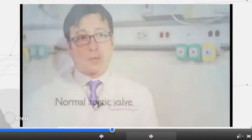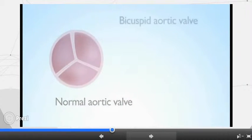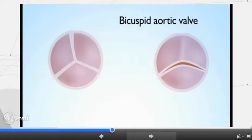A bicuspid aortic valve has two flaps instead of three. So typically a patient would be born with a tricuspid valve, meaning they have three flaps that make up their aortic valve. If you're born with a bicuspid aortic valve, it can tend to wear out over time. So we see patients typically in their 40s or 50s who maybe come in with a leaky heart valve or